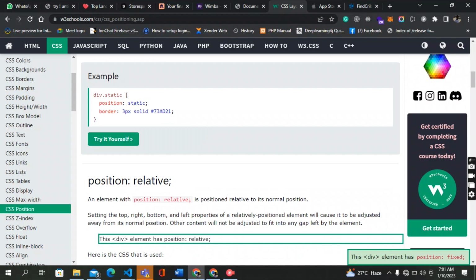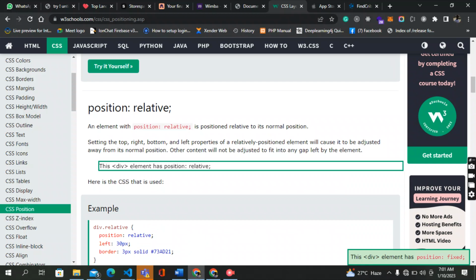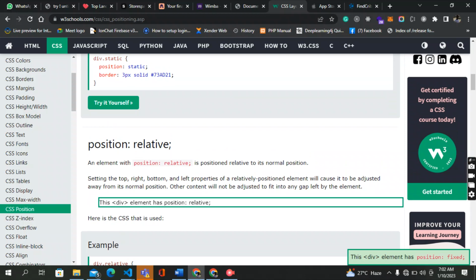But moving on to the relative part, relative type. Position relative is a normal position, just like static, but in this case you can actually move it away from its correct position, maybe move it away from the top, move it away from the bottom, and move it away from the right or left. So that is just the simple difference between static and